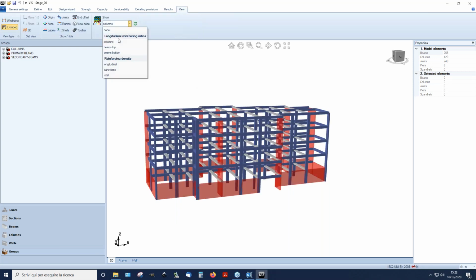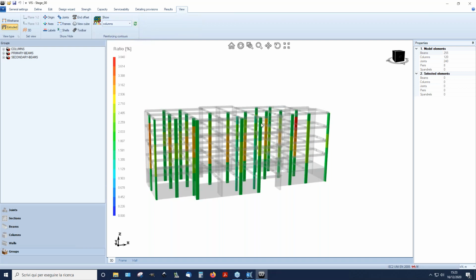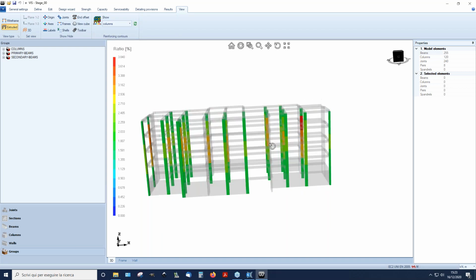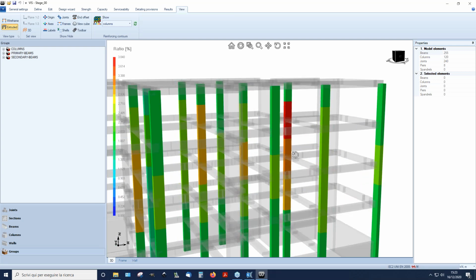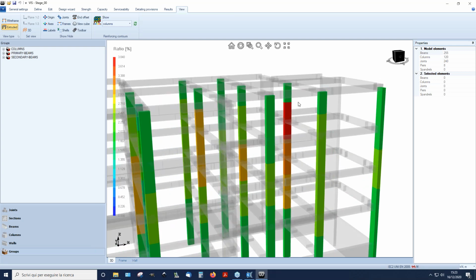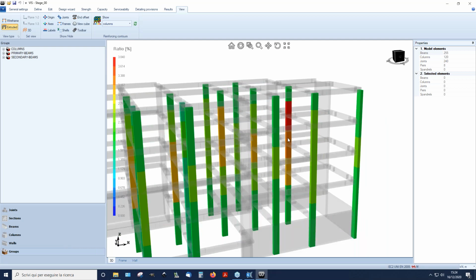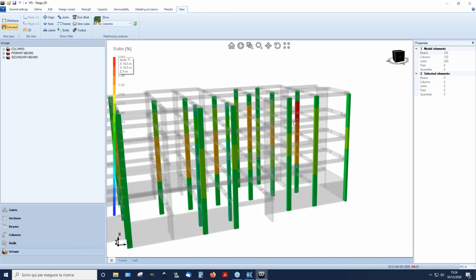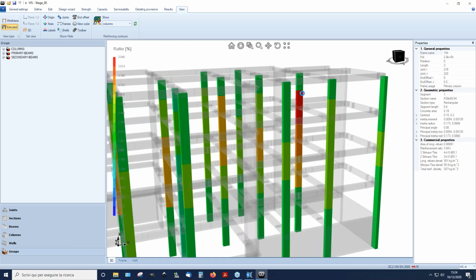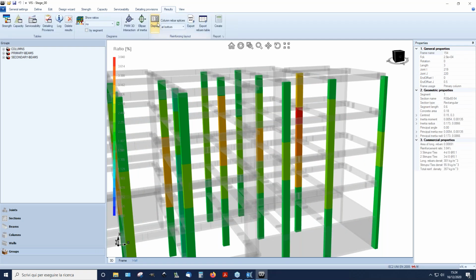Okay, if now I look at the reinforcing ratio in the column, I can see that I have a high level of reinforcing only in the column across basically the 4th floor of the structure, while in the other levels the reinforcing ratio is lower. Okay, so if we want to take a look at what happens here, I can select this column and see